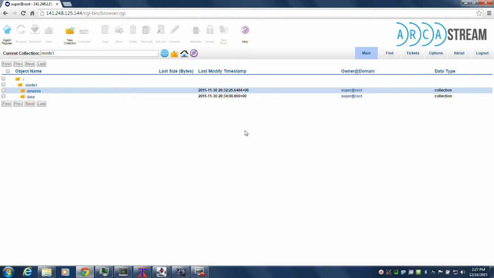The top bar basically gives you the overview of all the valid operations you can do in this particular context. As you can see, I'm not selecting anything, so many of the buttons are disabled. The second row here tells you where you are in the federation, the current collection. I'm in /mmfs1 in my sample federation now, and it has a few handy icons to help you navigate the